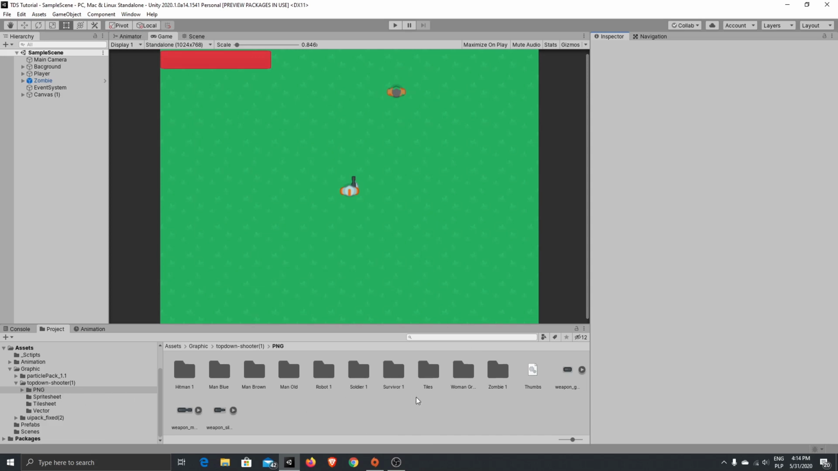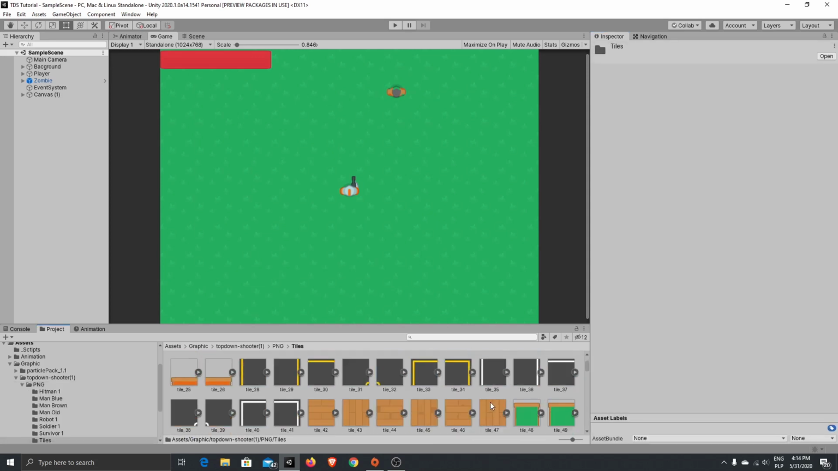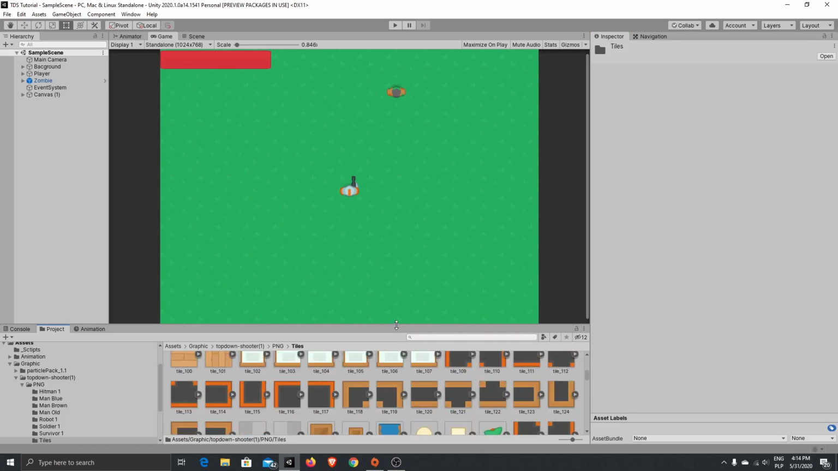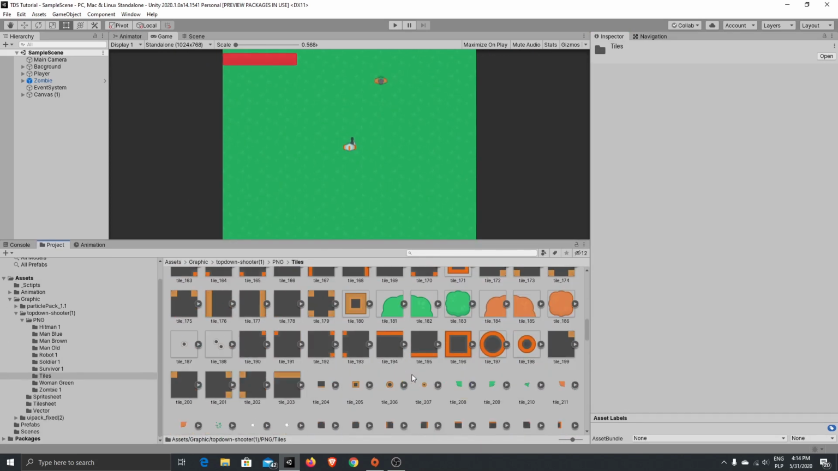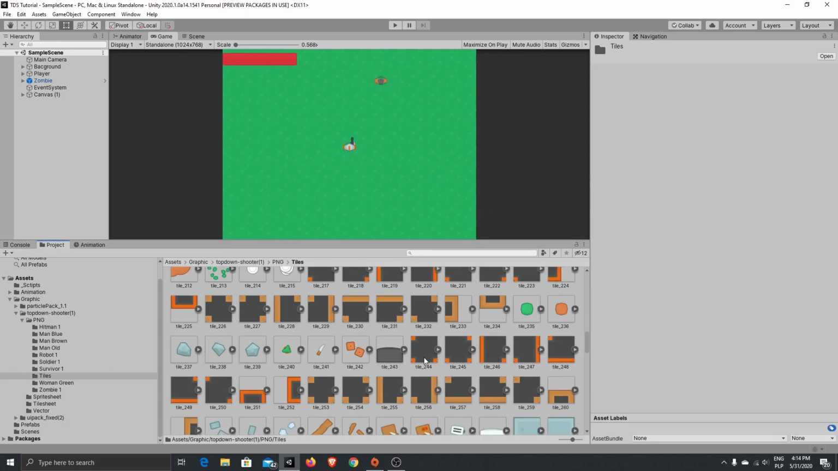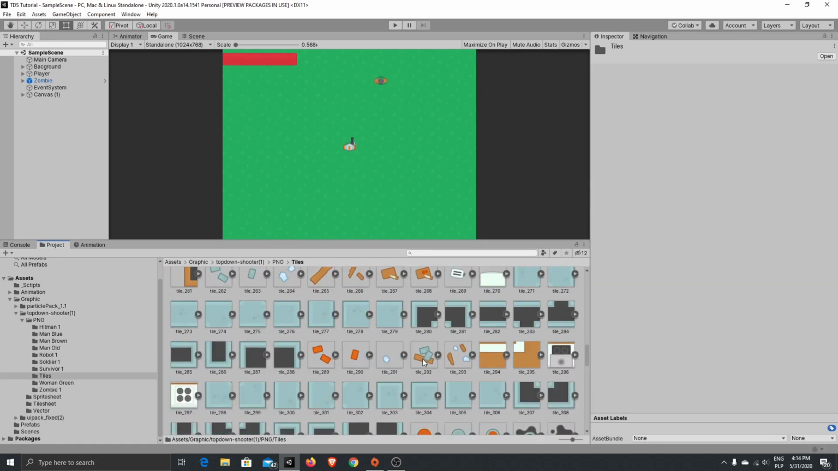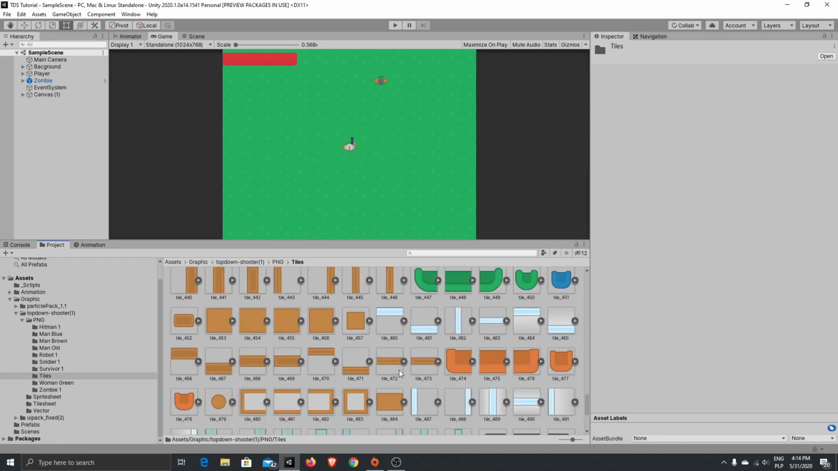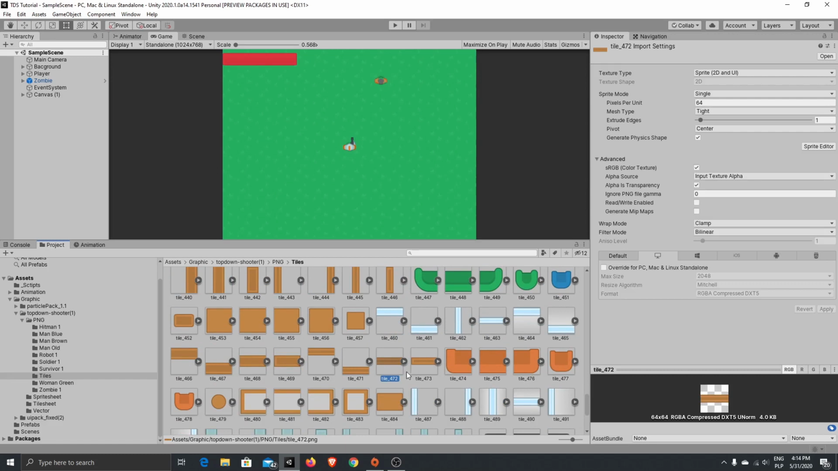Go to your graphic and let's choose tile for our wall. So the first object we want to create will be our wall. Just scroll down and look for something you would like to use. Maybe this one. This will look okay. So let's move it to our